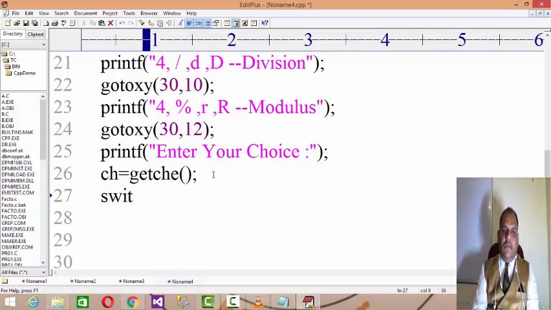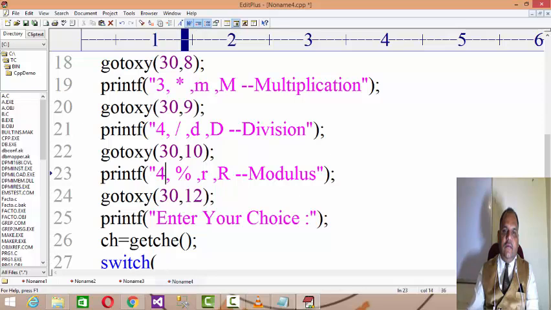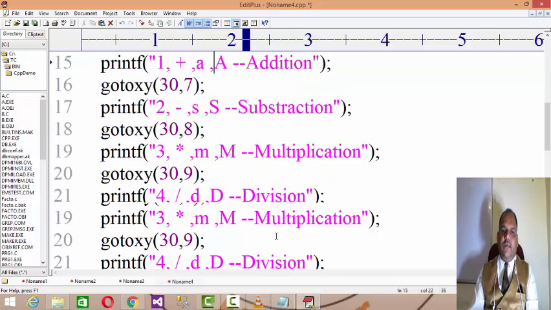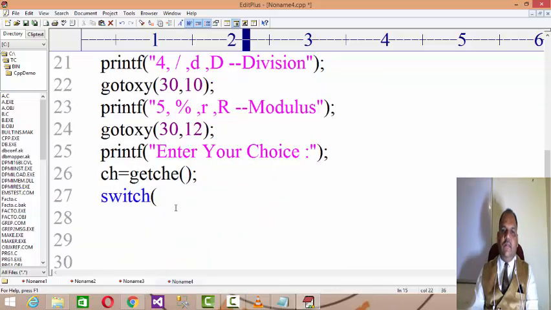Now, as the choice will not only be in numeric format, one can use 1, plus, a, and all these choices are there. One can use a number to perform the choice, as well as the operator. So in such situations, it's a better idea to go with the character.